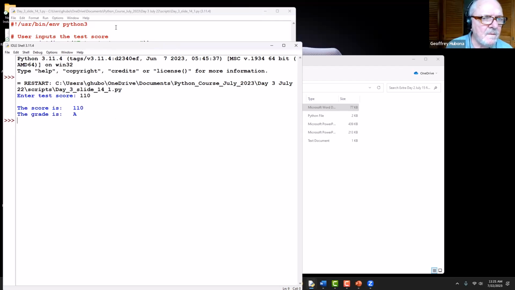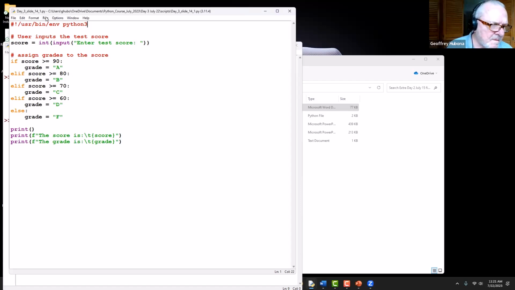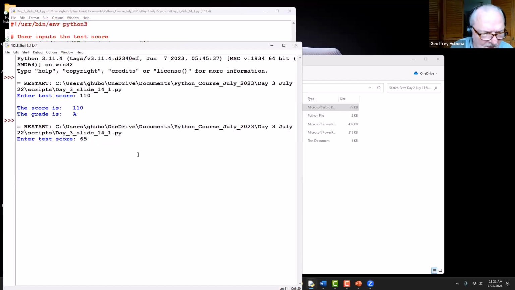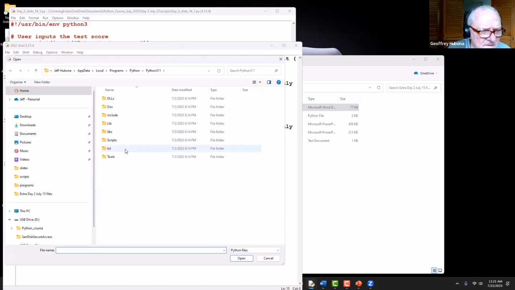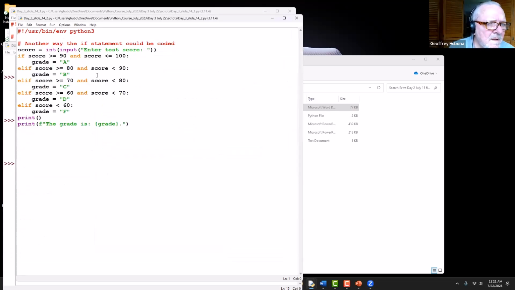But it simply responds with, echoes back the score, and then it calls out which grade it is based on whether the score is in between 90 and 80, 80 and 70, 70 and 60, and so forth. So let's do this again. We run the module, say the test score is 65, the person gets a D. So that's what that one does. We also have another one here, something like this. And this improves a bit on 14.1 in that,